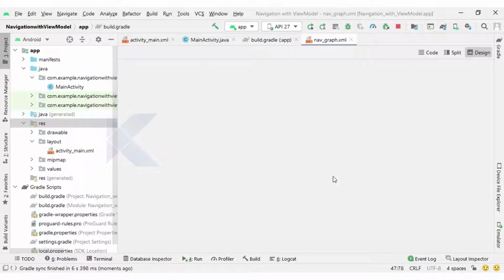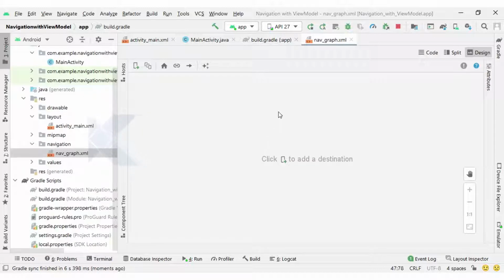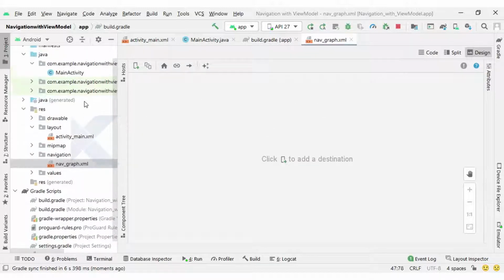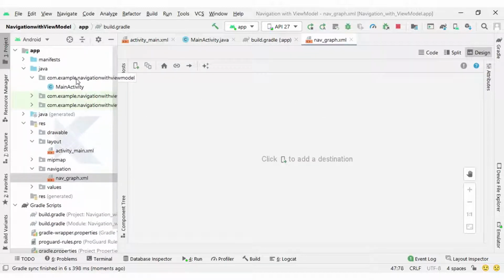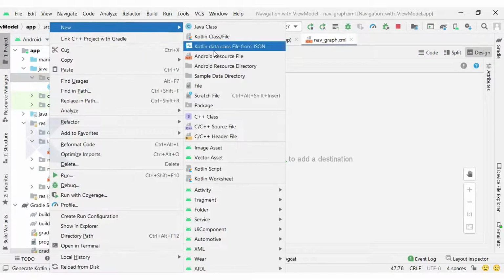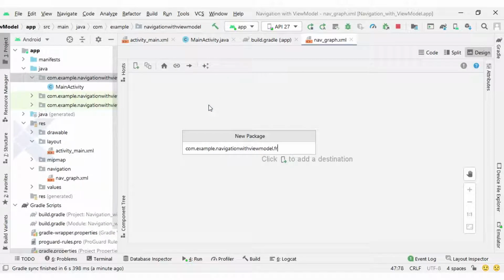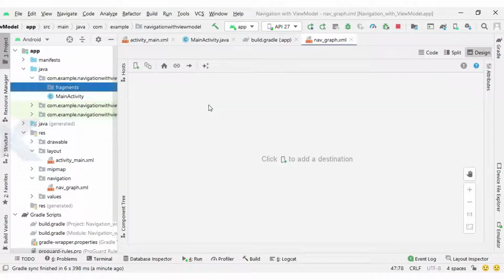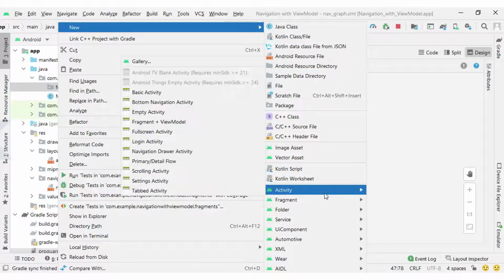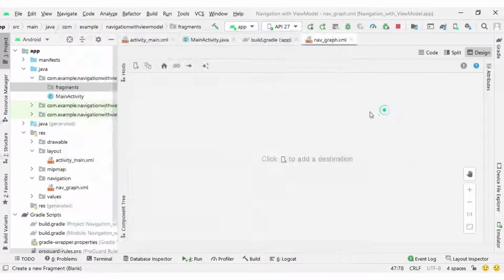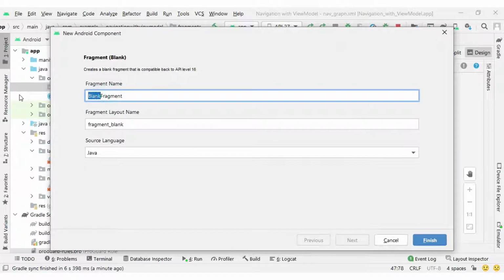So the navigation file is ready, and now I will create the three fragments inside our application package. I will create one more package for the fragments only, and inside the fragments folder I will have three fragments. First I will create the home fragment.